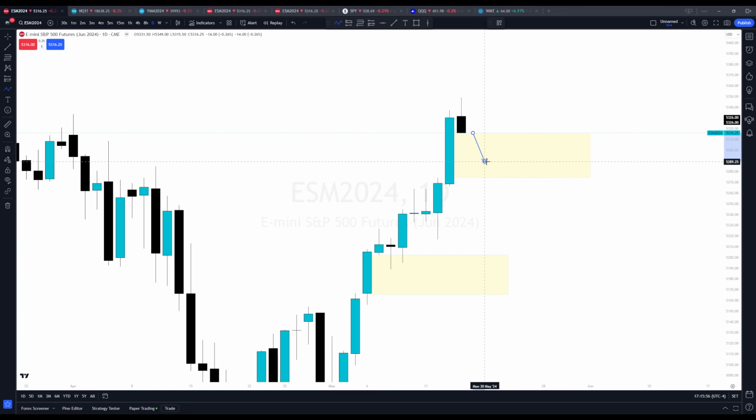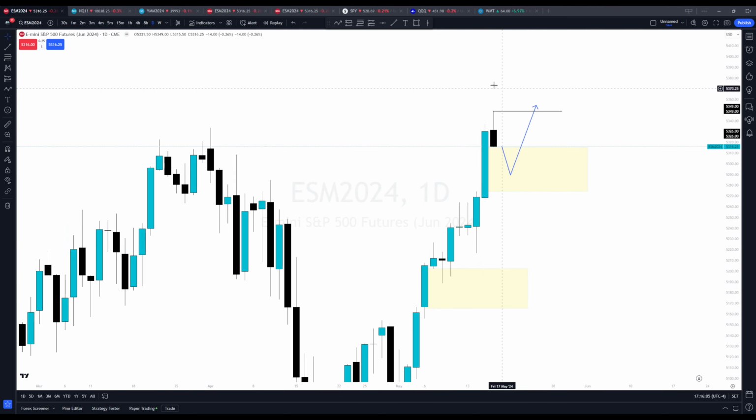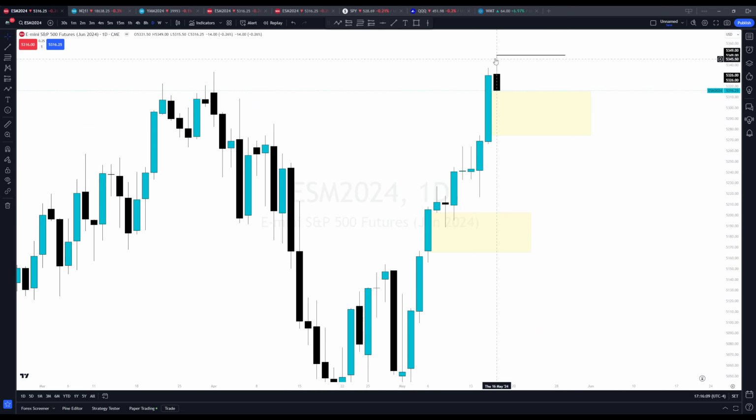If this holds and we start getting displacement back up, what am I going to target? I know absolutely we're going back up here, and guess what? We're going to put in another all-time high. However, if we go through this tomorrow and we close down below this, we expect FVGs to hold price, right? If they don't, what's that tell us? It tells us to expect the next low.